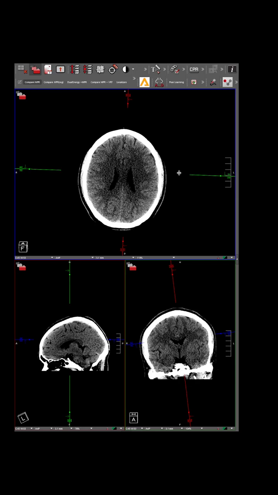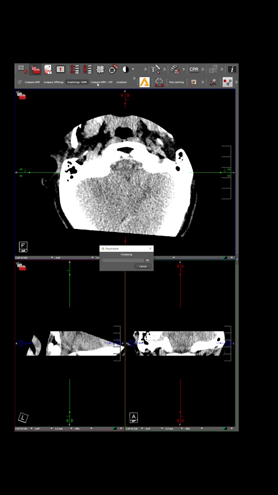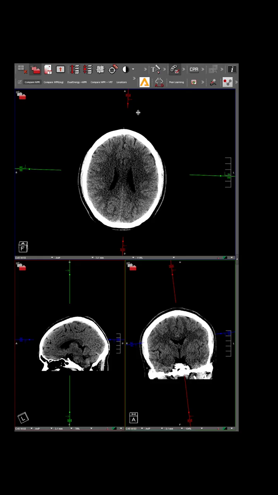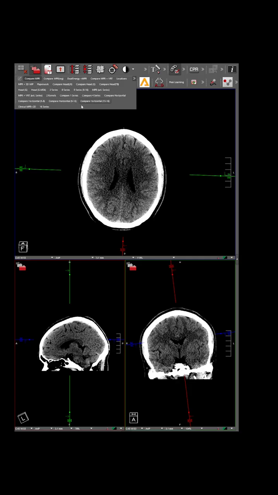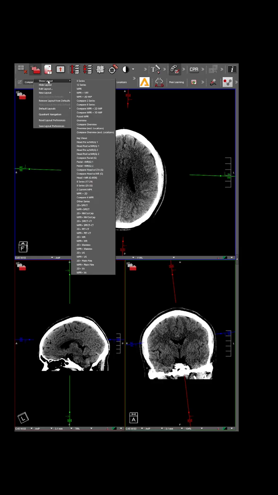One of the most important things you can learn to do in the Visage packs is learn how to manage your hanging protocols. So up here are the various hanging protocols that you can see are easily accessible from this toolbar. You can click on here to see more. And if you right click, you can actually find through the show layout menu an even larger